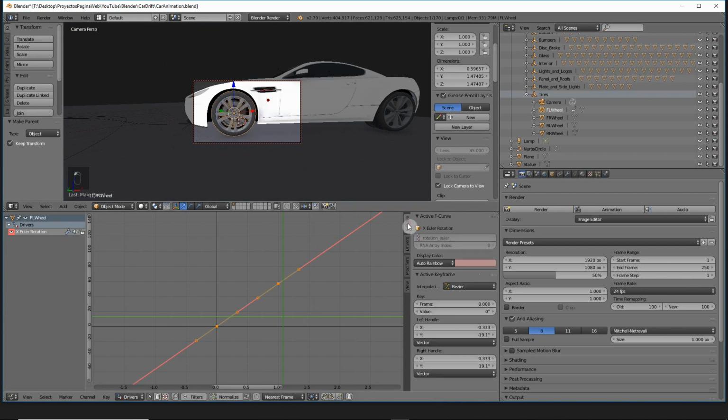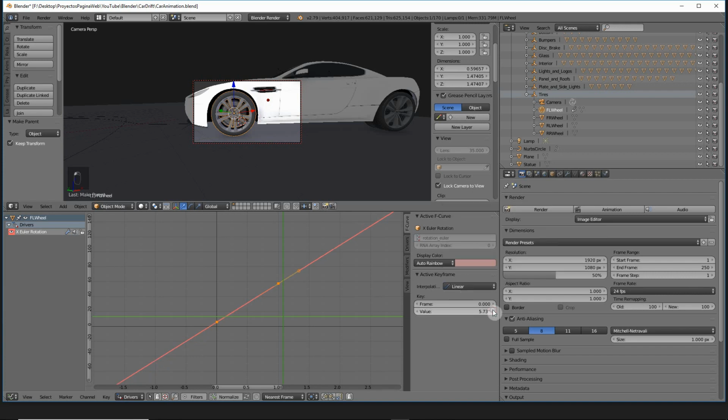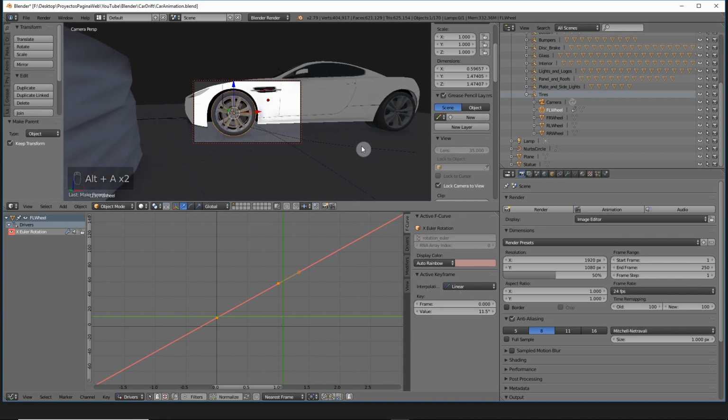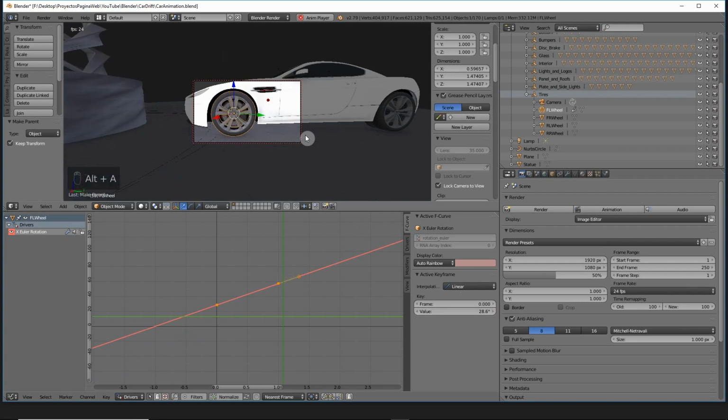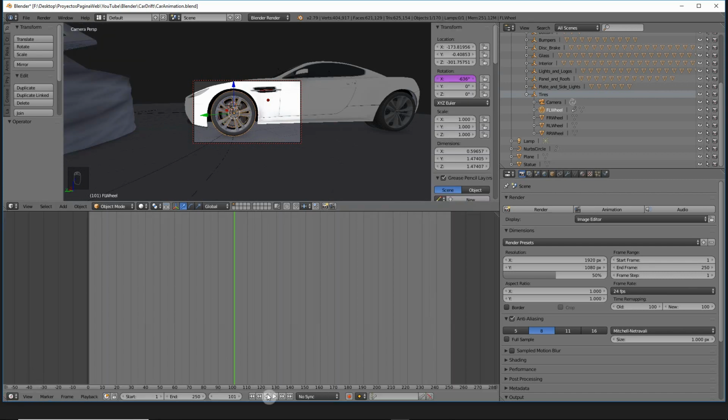What we're going to do is go to the F curve, and first of all we're going to put it linear, and then we're going to move the value a bit. We're going to tweak, and let's play again. It's still too fast. We want it a bit slower. Now it's rotating backwards, so we're going to put it as negative. We're going to put minus, minus, and minus, and we're going to play it. Now it's moving forward. So now we go back to the timeline.